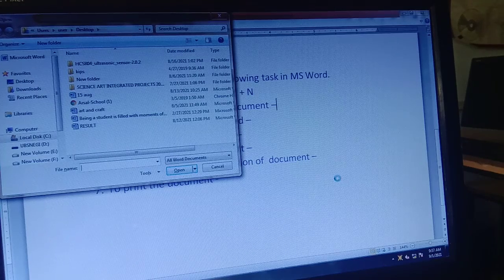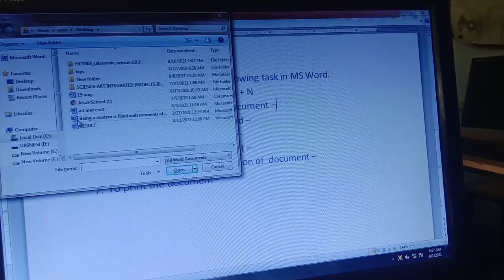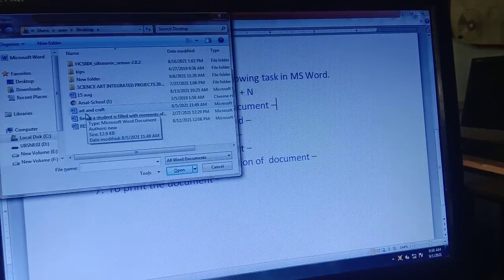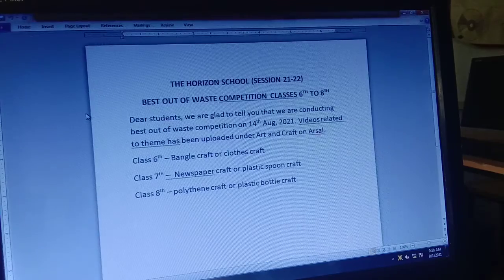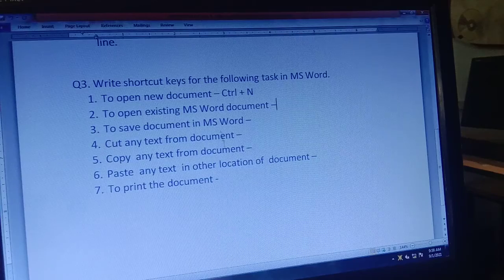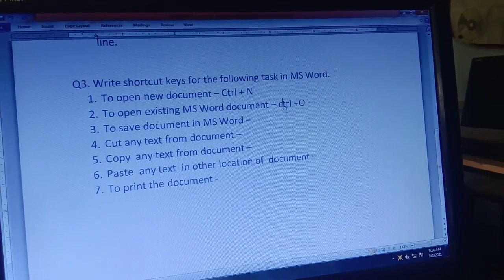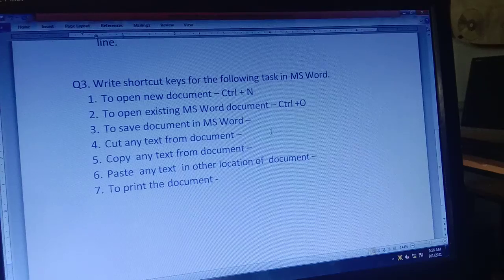And you have to select your own file. Clear to everyone? So what is the shortcut key? CTRL plus O.